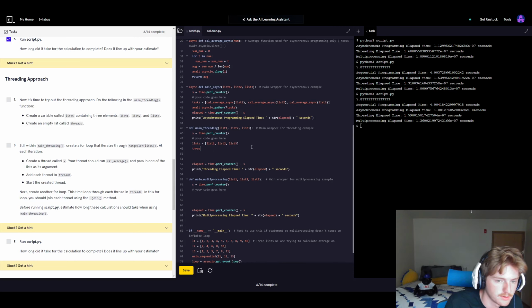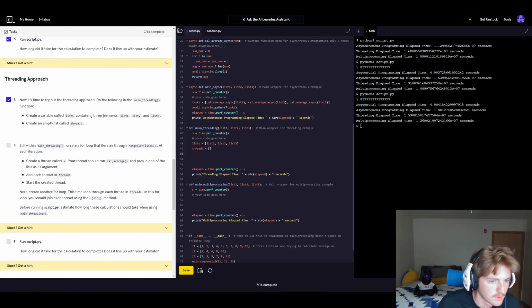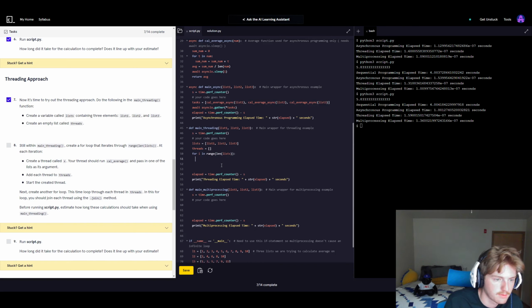Create an empty list called threads. Create a for loop for i in range length lists. Create a thread called x. x is equal to threading dot thread. Target is equal to